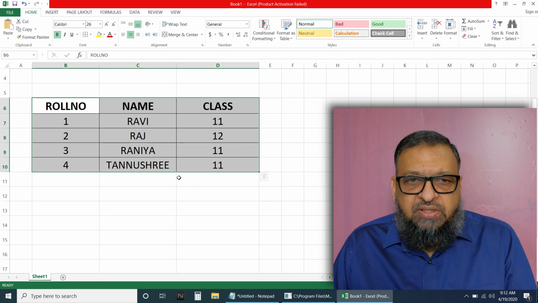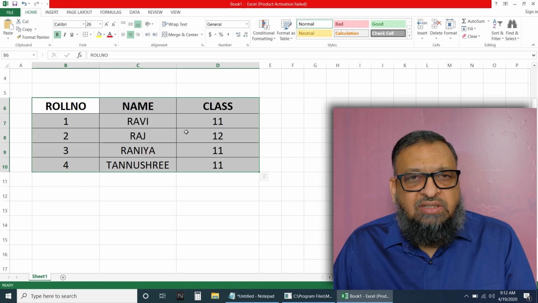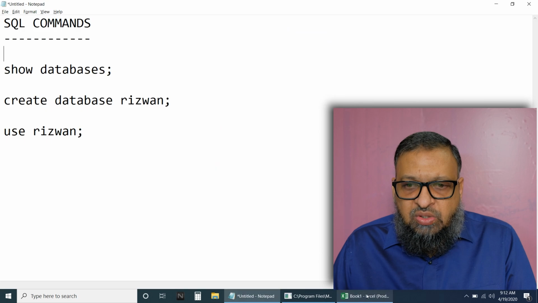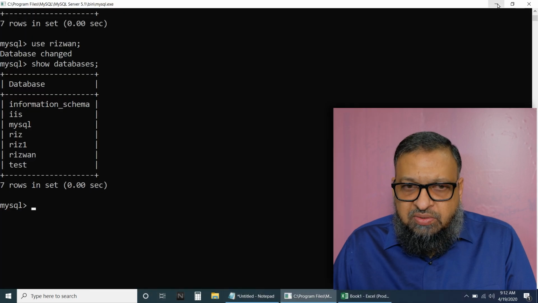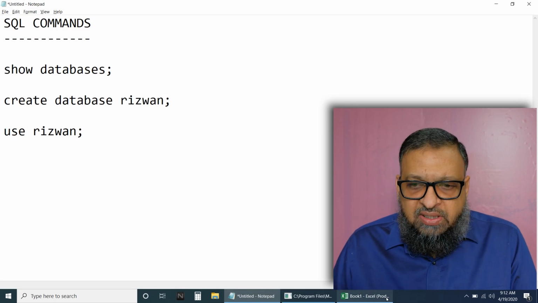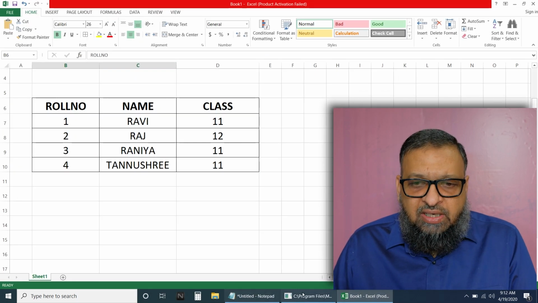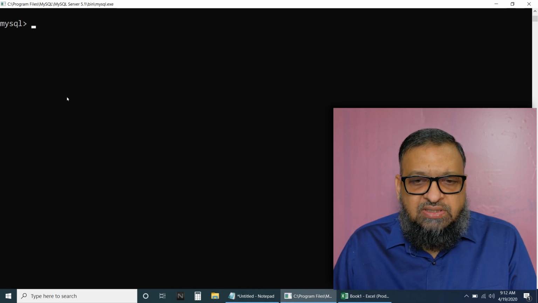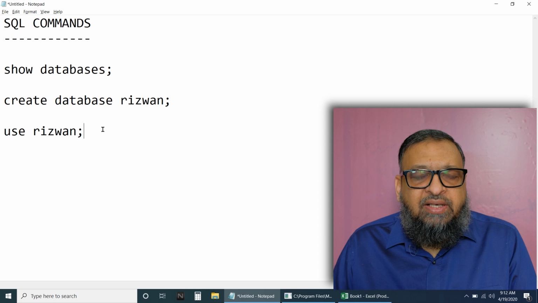In Excel we can directly give the data, with no need to worry about creating the table. We can start entering the values and column names directly. Here it is completely different, and you will understand why later. At present, think that we need to create this table in MySQL, and we will type the commands in Notepad. So let us write the commands in Notepad.